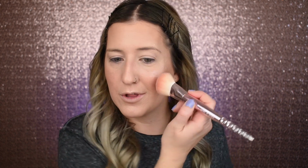Okay, I need to figure out how to blend this out though, because it seems like wherever you place it, it's gonna stay. So let me try to diffuse this a little bit. Okay, there we go. That's better. Let me add a little tiny bit more to the other side just so it's even. Okay, let me go do my eyebrows really quickly,